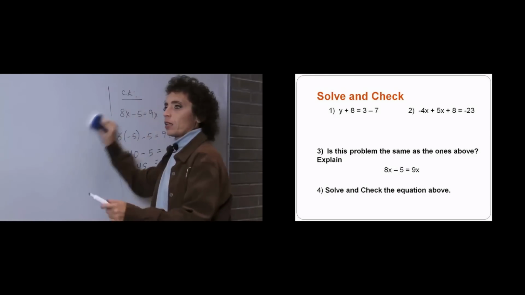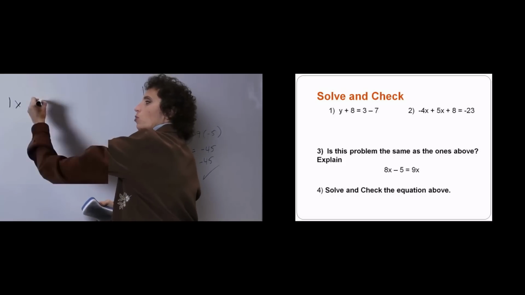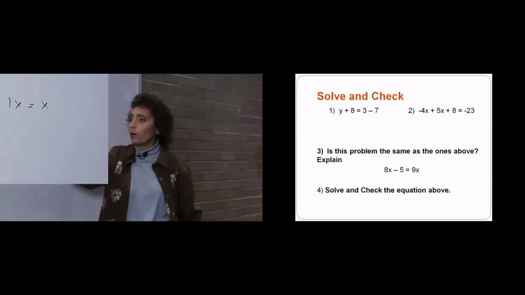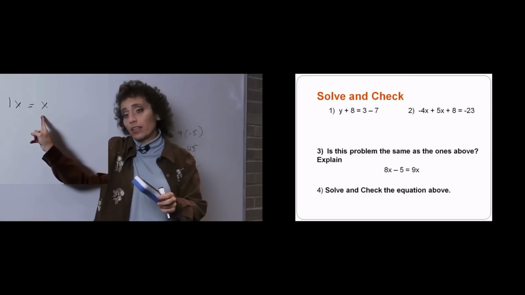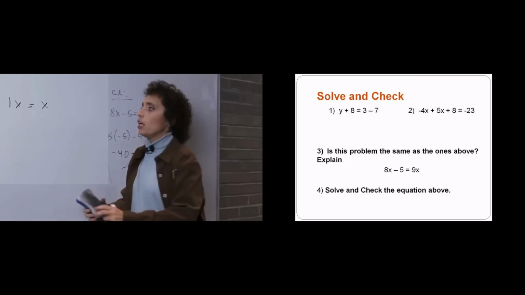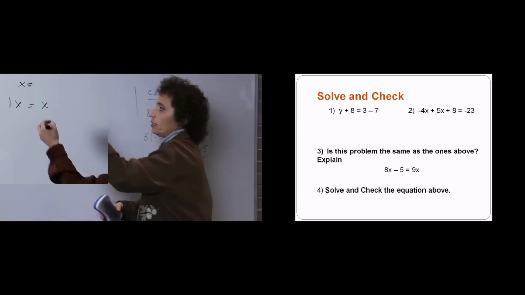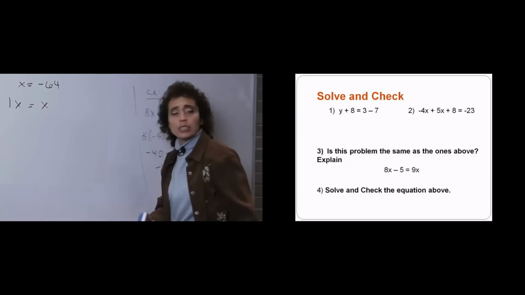All right. The first one is show with an example that 1x equals x. We said we knew that 1x equaled x because the multiplication property of 1 says whenever you multiply anything by 1, you get back the anything. Well, let's prove it to you. Let's say x is, oh, it doesn't matter. Anything you want. Let's say x is, okay, negative 64. I knew you'd pick that.